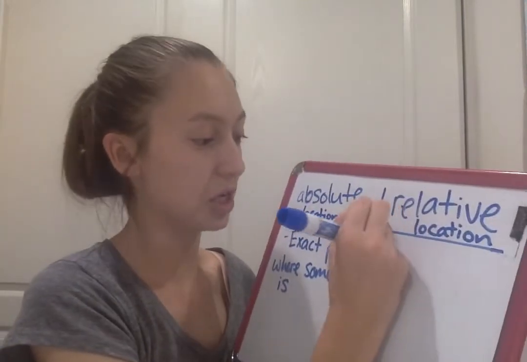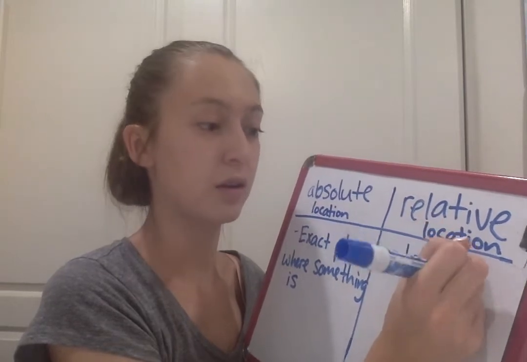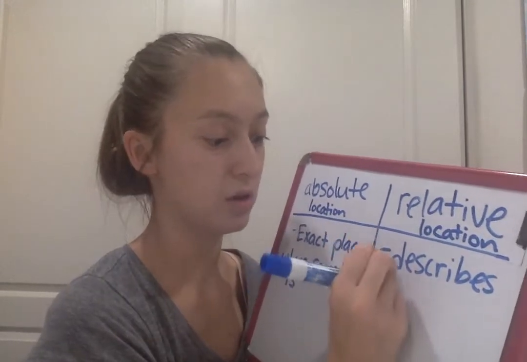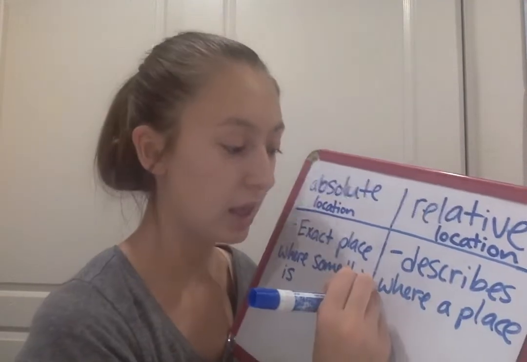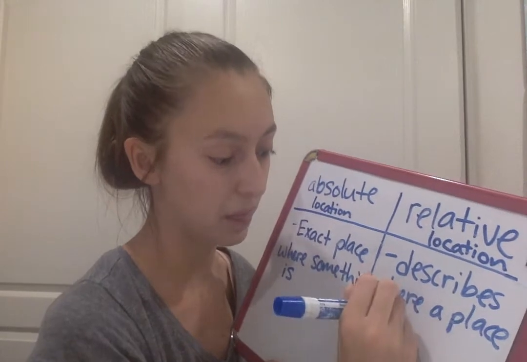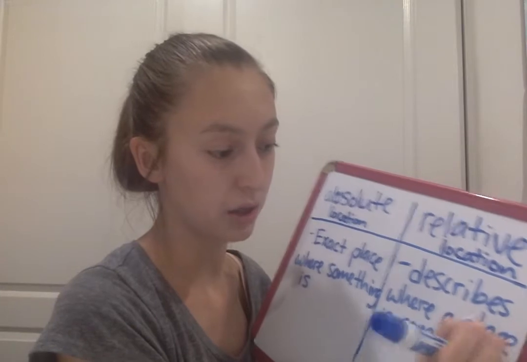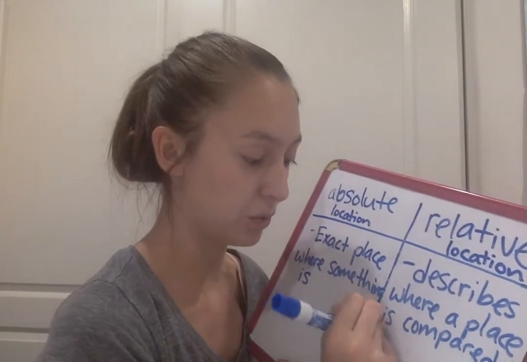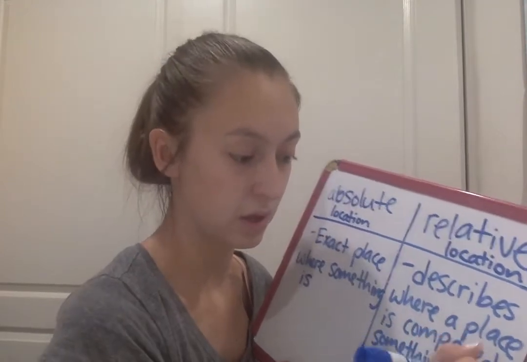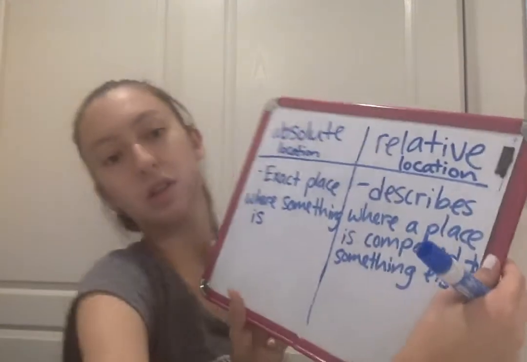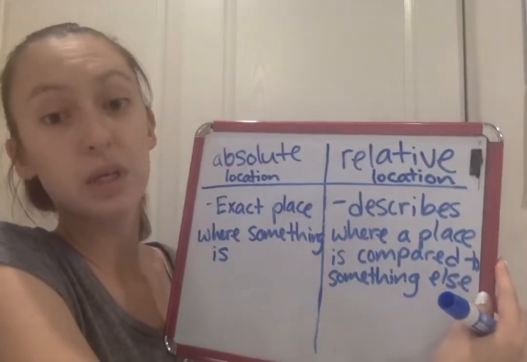So relative location describes where a place is compared to something else. So these are the two types of locations that we had talked about, and we will continue to